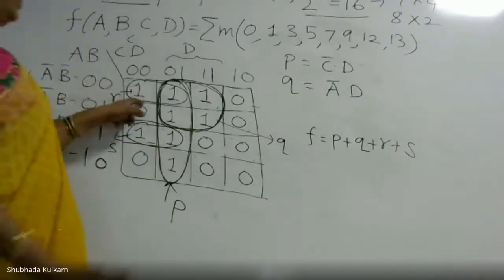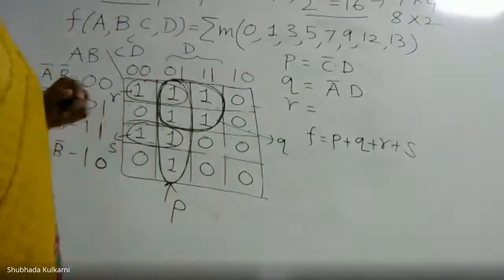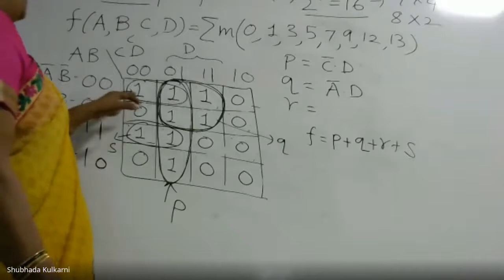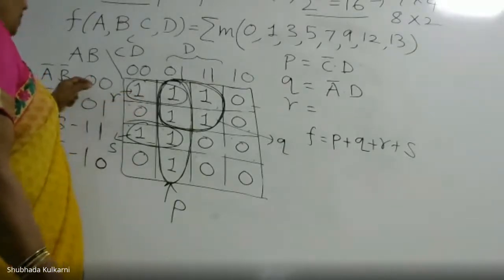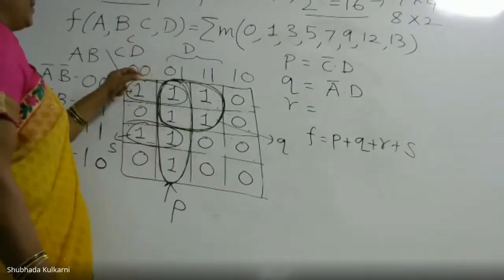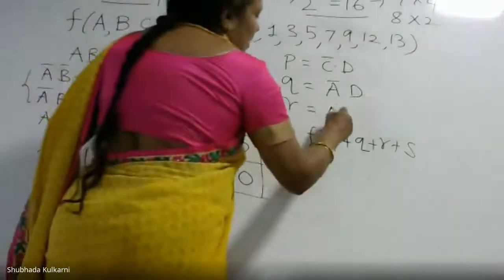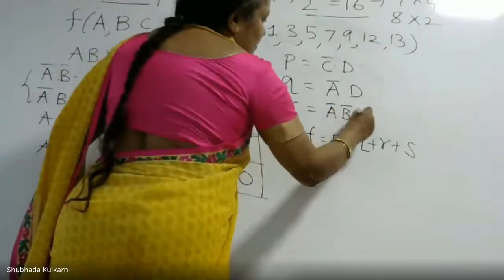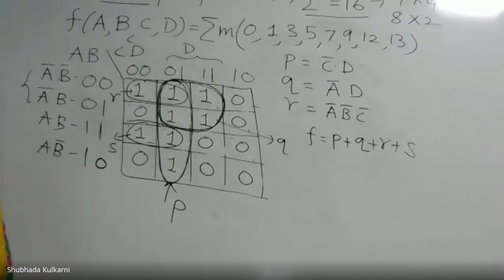Now for a pair, we know a pair is a group of two ones, which eliminates only one variable. So which variable here? Row side AB is 0, 0, so A bar, B bar. Column side CD, C is 0, D is changing. So D is removed. So it's A bar, B bar, C bar. Of course, the dot is there. The last pair,